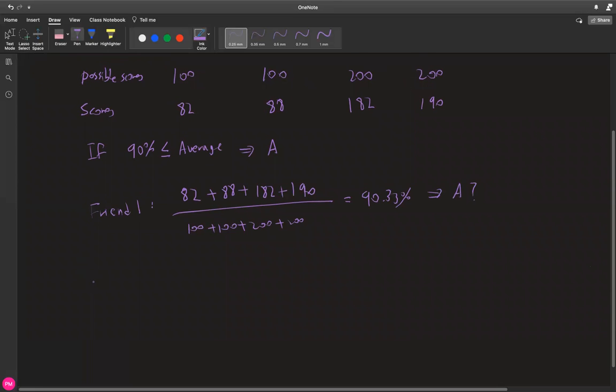And let's say your friend 2, another friend, suggests that you convert everything to percentages. So you received 82%. For the second one, you received 88 out of 100, which is 88%.